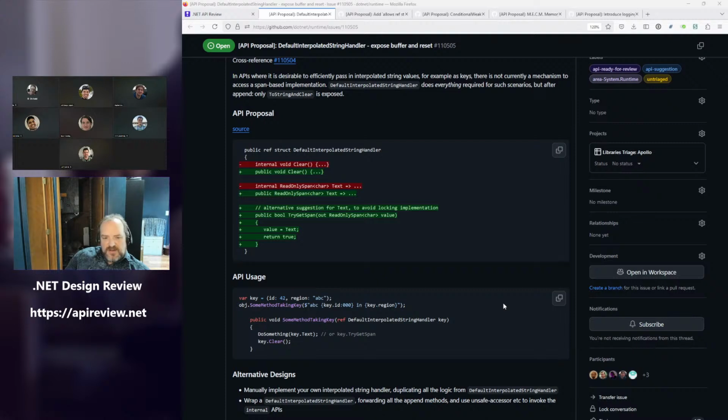Would the average caller, other than the compiler, ever see the text property or method or whatever we make it be? No, this is buried within compiler services. 99.99% of code never sees an instance of default interpolated string handler. Right. So, by the time that we've called some method taking key here in the example, the final call to append has happened. Correct. So we don't have the same problem we have with list, where you grabbed the span but